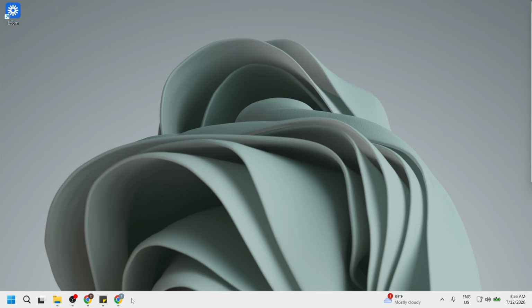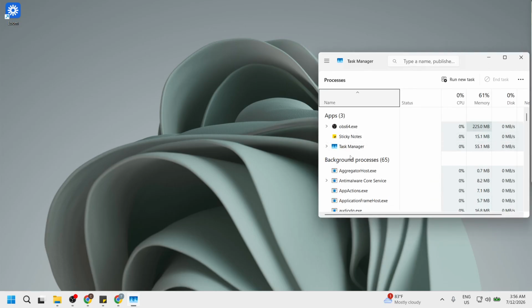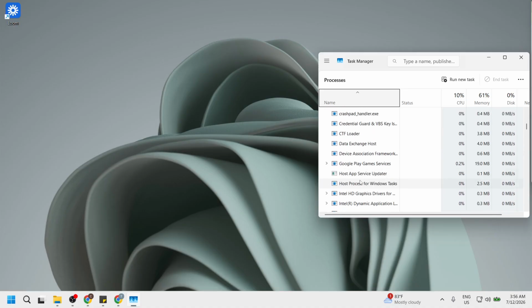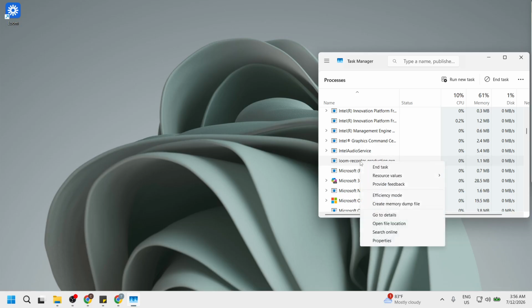Press Ctrl plus Shift plus S to open Task Manager. This combination of keys activates the Task Manager quickly, allowing you to see all the applications currently running on your computer. When the Task Manager opens, you'll notice a list of processes and applications. This is important because sometimes Loom may be running in the background, causing it to freeze or malfunction. By accessing this tool, you can take control of those processes. Once the Task Manager is open, you are prepared to take the next steps.